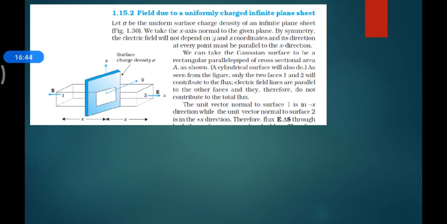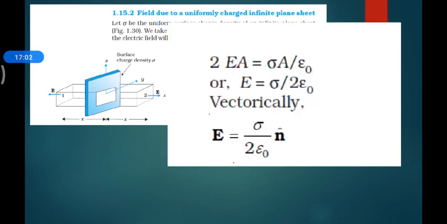This is what I am taking from chapter number one, the field of a uniformly charged infinite plane plate. So we have one plane plate. A capacitor is made up of two conducting plates. What electric field can it be? This is the electric field we already saw in the first chapter. So E is equal to sigma upon 2 epsilon 0. So the electric field due to one plate is E equals sigma upon 2 epsilon 0. This is referenced from the first chapter. This is not in our theory.